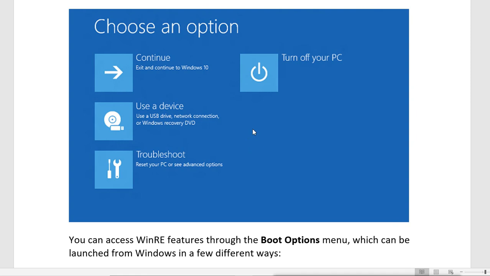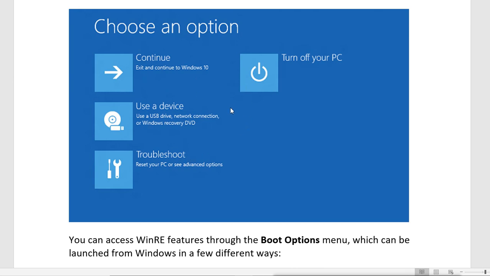While it is rebooting, once it crashes again, then it will try to reboot again, and it crashes again, that means 2 times it will crash. Then the 3rd time it will automatically take you to this Windows recovery environment. And in the recovery environment you have these options to recover your system.